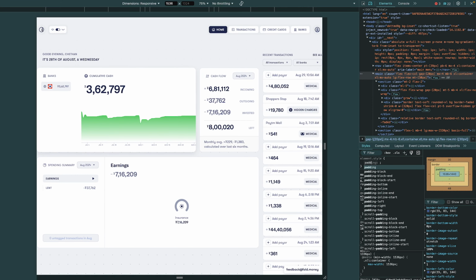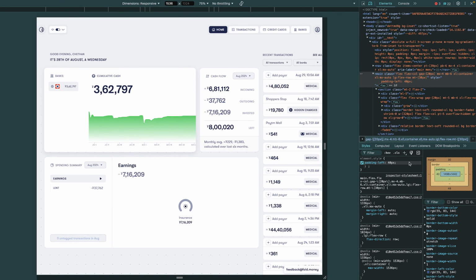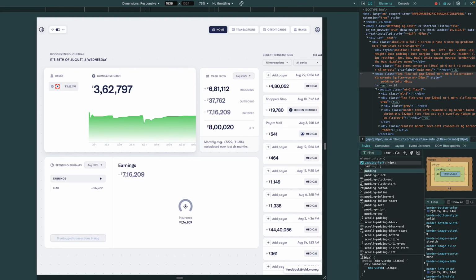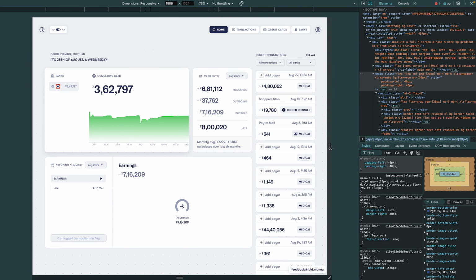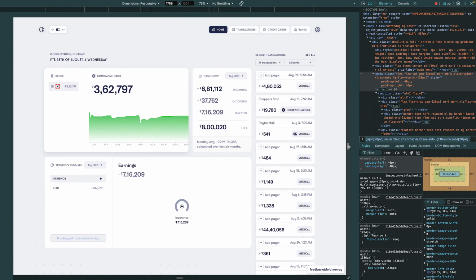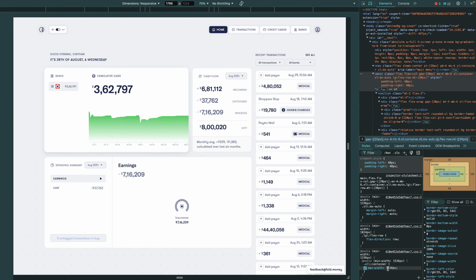So I can say padding, all right? And I can say padding left, and I can say 40 pixels. And as you can see, it added 40 pixels of padding over here, all right? And I can tap again, and I can type in padding and choose right, and also add 40 pixels there, all right? So now, if I scale this, you can see that the width, all right, is still 1536, all